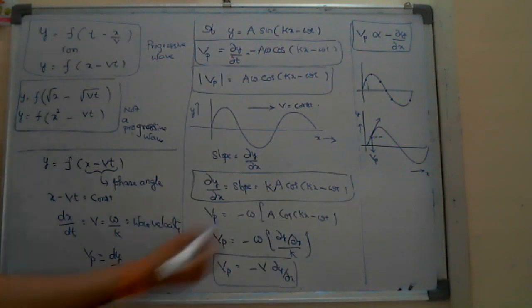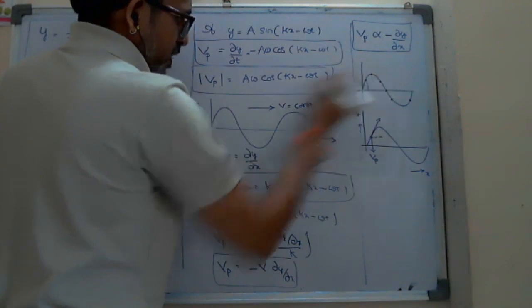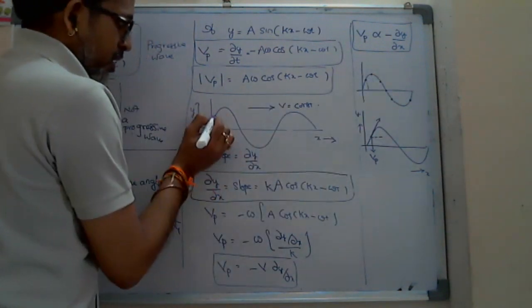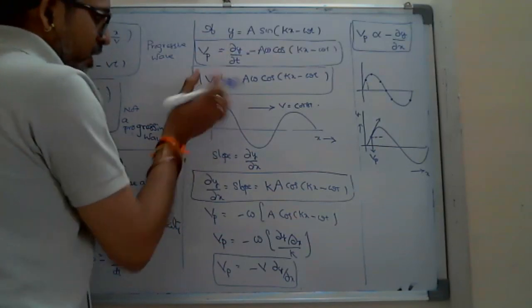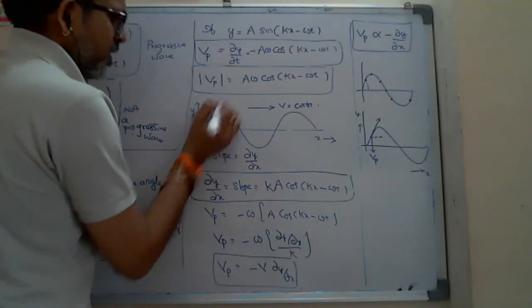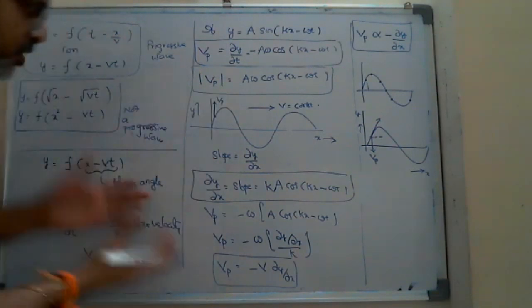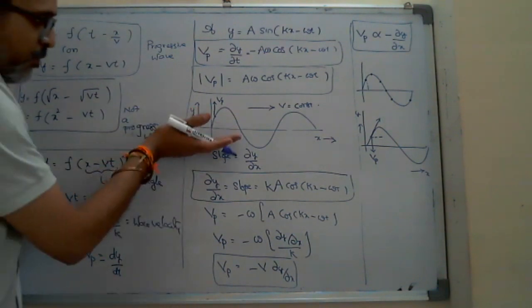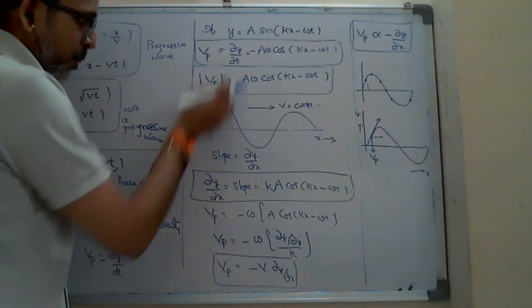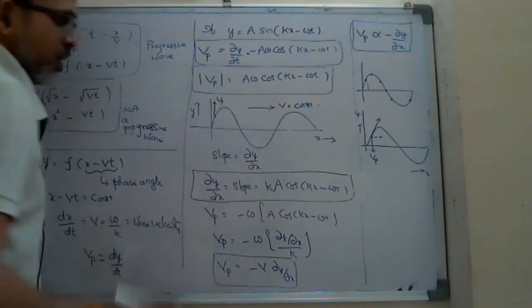Generally, the student will think, sir, here the wave is going up, sir. So what will the velocity of the particle be here? Sir, I will calculate the magnitude, sir. The direction? Going up, sir. That's why the velocity of the particle will be in the upward direction. But what we see here is that the velocity of the particle is coming down. It means when the wave is trying to go up, the particle is trying to pull it down. That's why after a certain instant, it tries to come down.